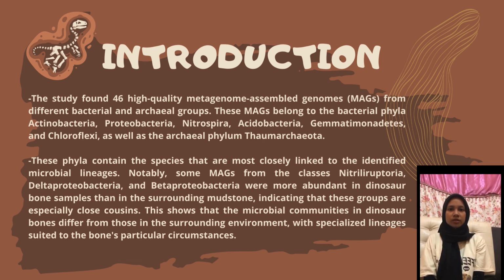Notably, some MAG from the classes Nitrospira, Delta Proteobacteria, and Beta Proteobacteria were more abundant in dinosaur bone samples than in the surrounding sediment, indicating that these groups are especially close cousins. This shows that the microbial community in dinosaur bone differs from those in the surrounding environment, with specialized lineages suited to the bones' particular